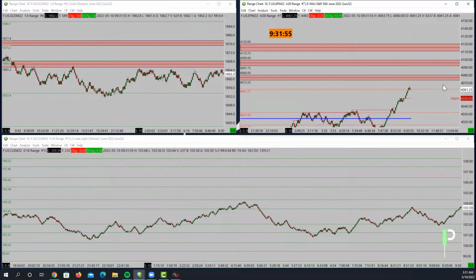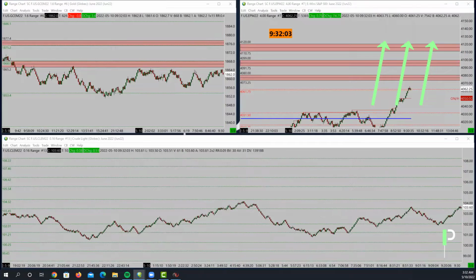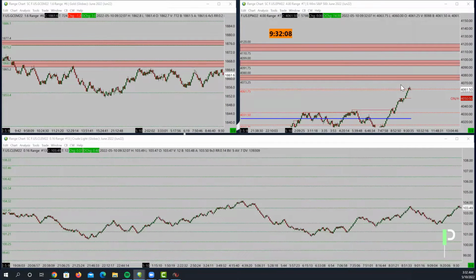So we're going to have resistance right between these 60s and 70s. Let me get there. It's here at this top area between 60 and 70 that I'm looking for this thing to start to stall out. And if it can, then I'm probably going to look for the move to catch it back down into two